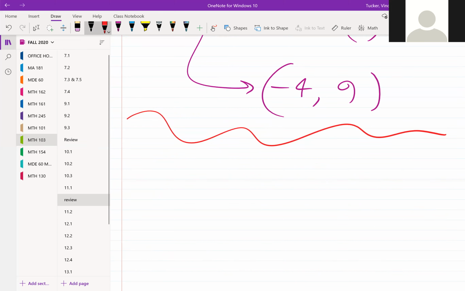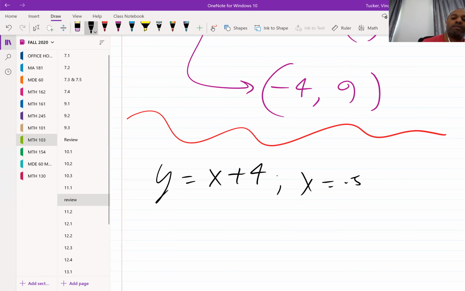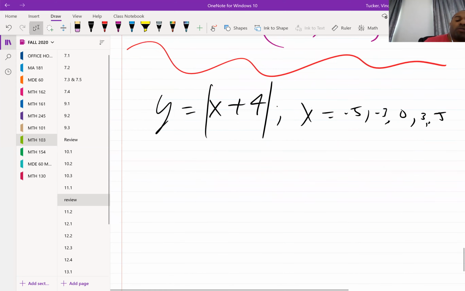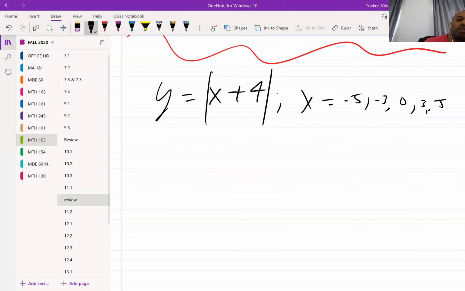So what you got? It was y equals the absolute value of x plus 4 when x equals -5, -3, 0, 3, and 5. Okay, got you. You had those bars on, right? Wasn't that your problem? Yes. Okay, right. So just make sure we're okay with the first part of the actual application of those